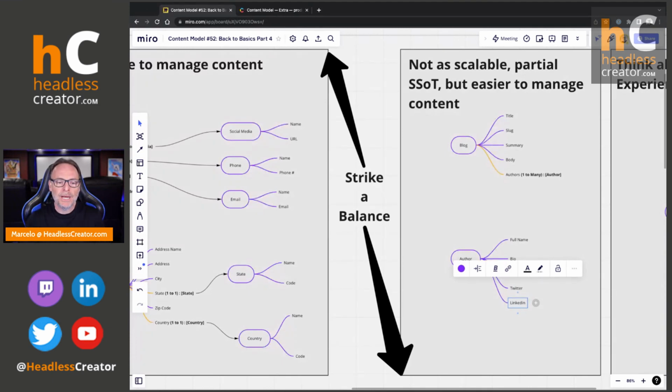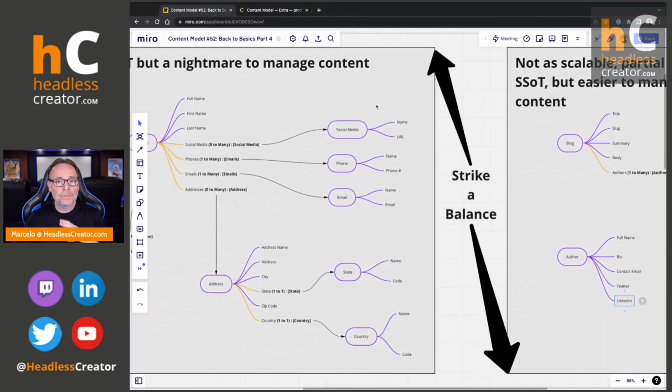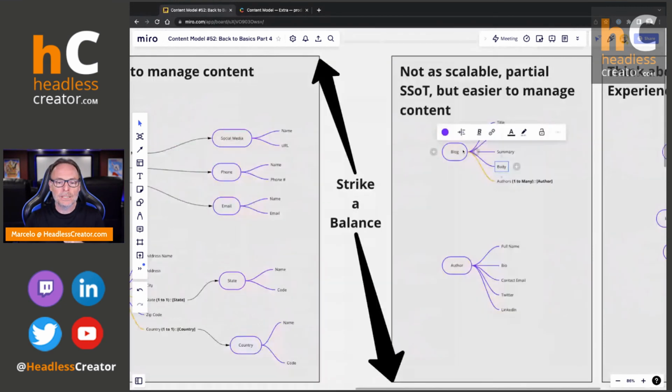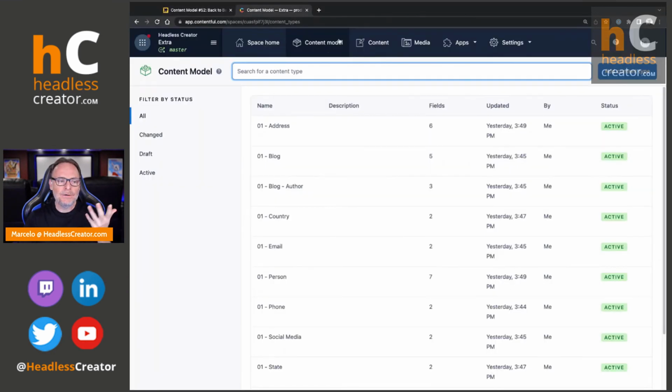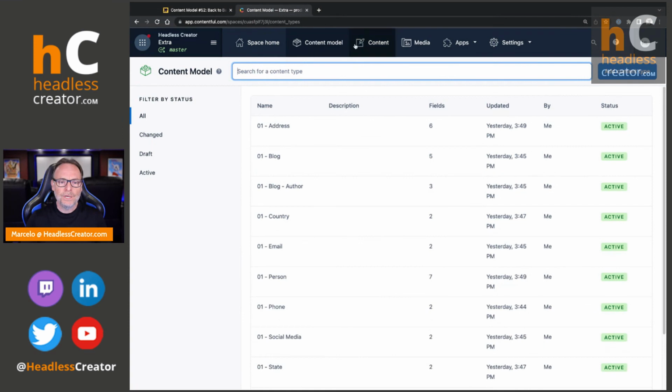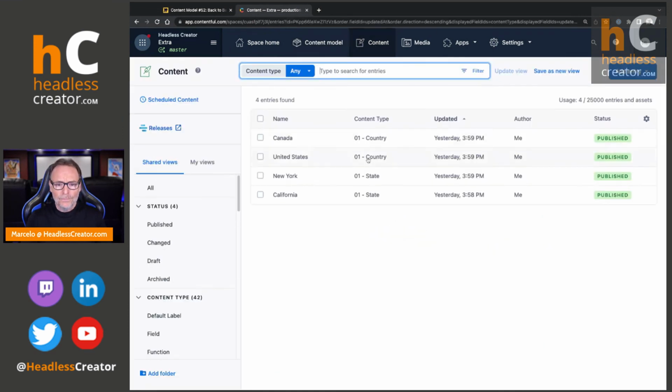So you're going to have to strike a balance between this model, which is fully scalable, and this model, which is partially scalable. So let's experience both real quick. I'm here in Contentful. I'm going to jump in real quick, and I have all the content types in there. The reason I put 01 and 02 is because 01 is the fully scalable content model. 02 is not the fully scalable content model. So let's go in real quick, and let's create